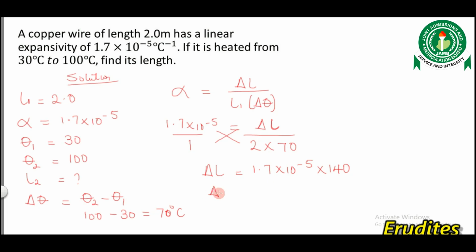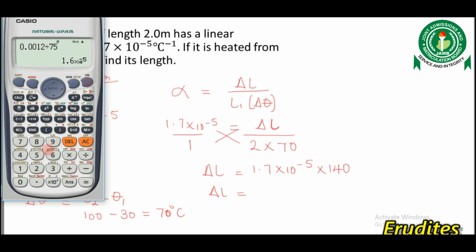So my change in length will be equal to 1.7 times 10 raised to the power of minus 5 times 140. So I'll bring out my calculator and punch that